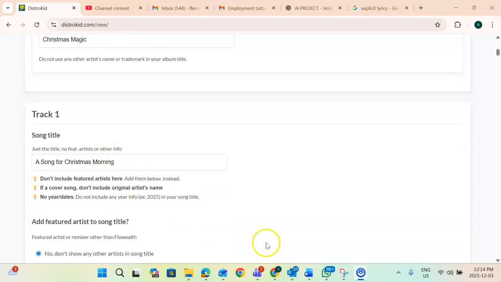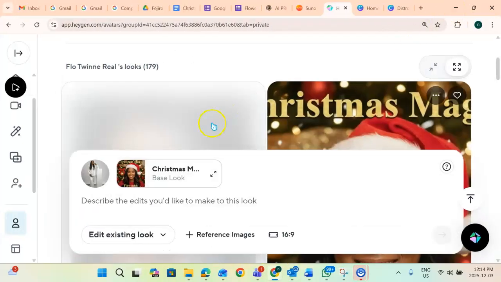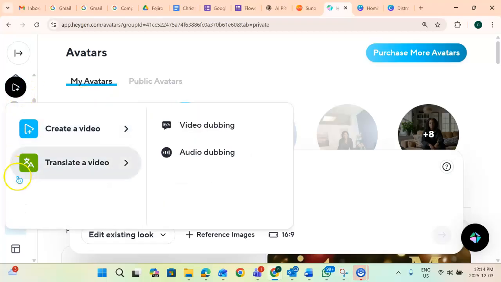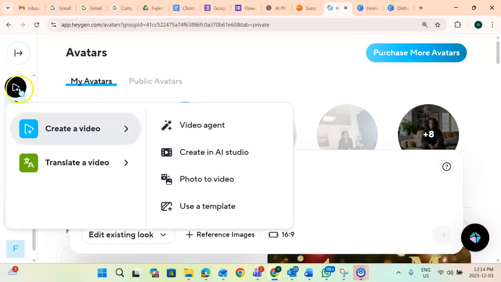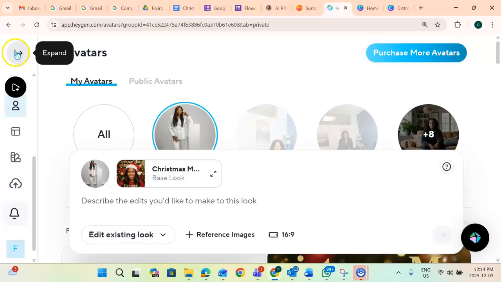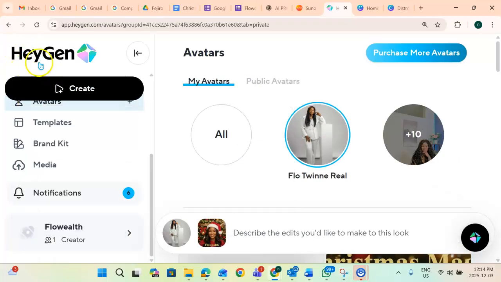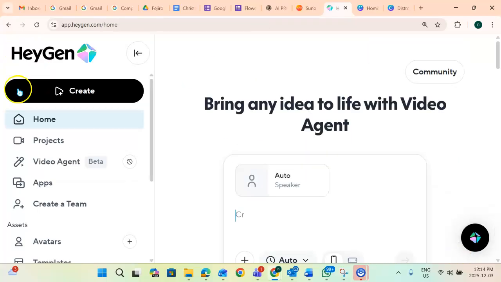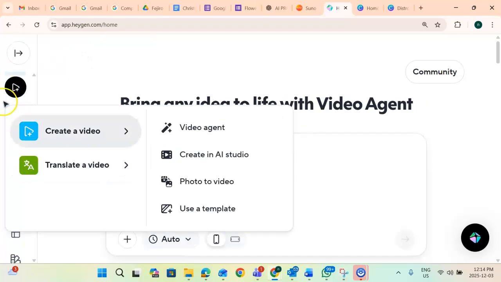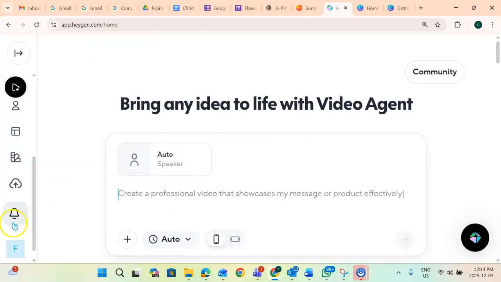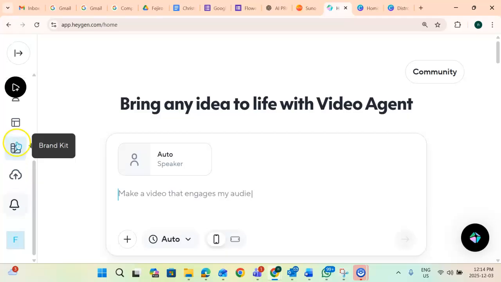So just a little bit on the Heygen side. If you go to Heygen, I have my avatar. If you come to the home page, you go to the home page here. This is the first page you see. Come down here to avatar.